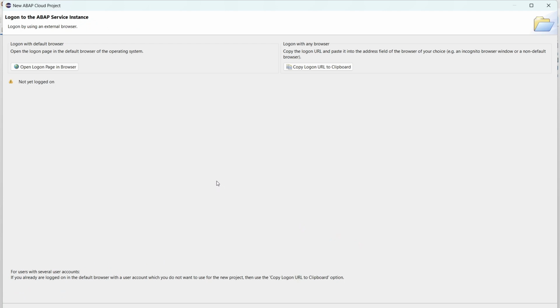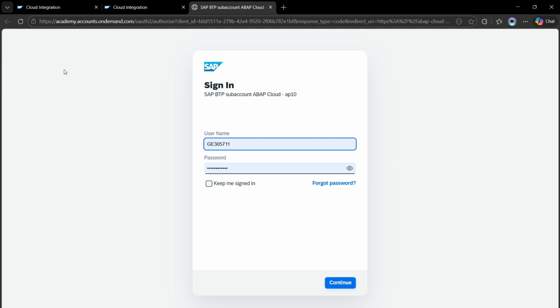Now on screen we can see Eclipse gives this option, Open Logon Page in Browser. I'll just click on this. It directly opened a browser to authenticate. This is the new secure way. In the older way, we would have downloaded a JSON service key from the BTP cockpit and pasted it there. But now we skip that. Instead, just directly log into your BTP trial with the same credentials you got before. After you click on Continue,